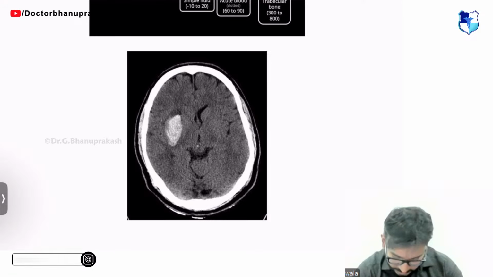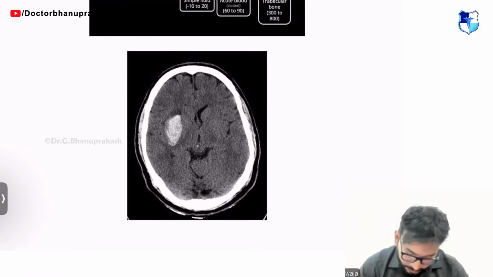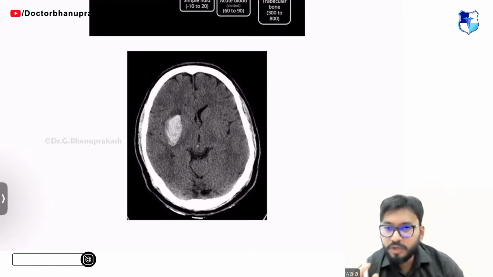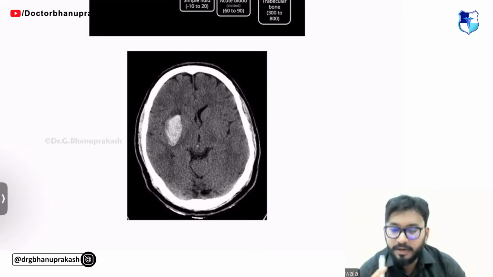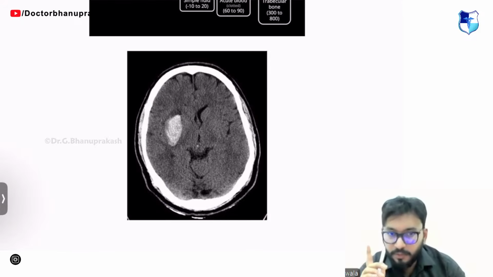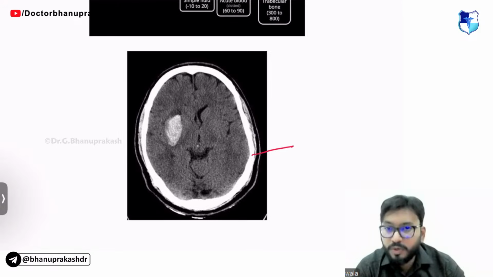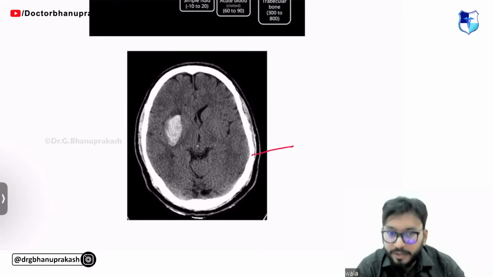What is this? Is it a CT scan or is it an MRI? Okay, CT, MRI. Great. So all those who said CT scan, I told you guys, the way to identify a CT scan is to look at the bones. The bones are absolutely white here. This is a CT scan.